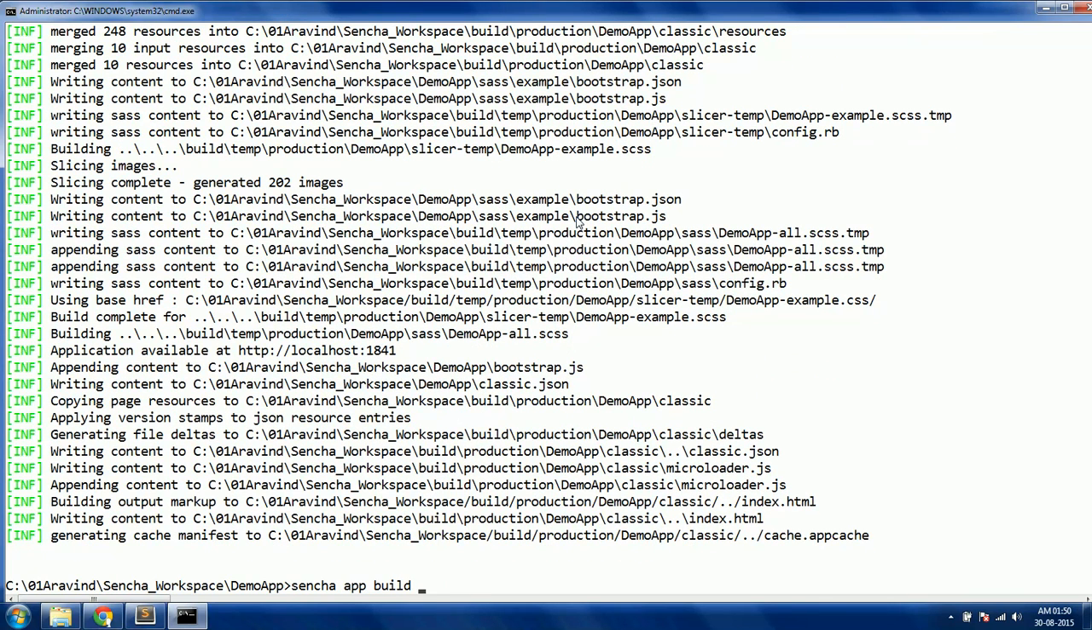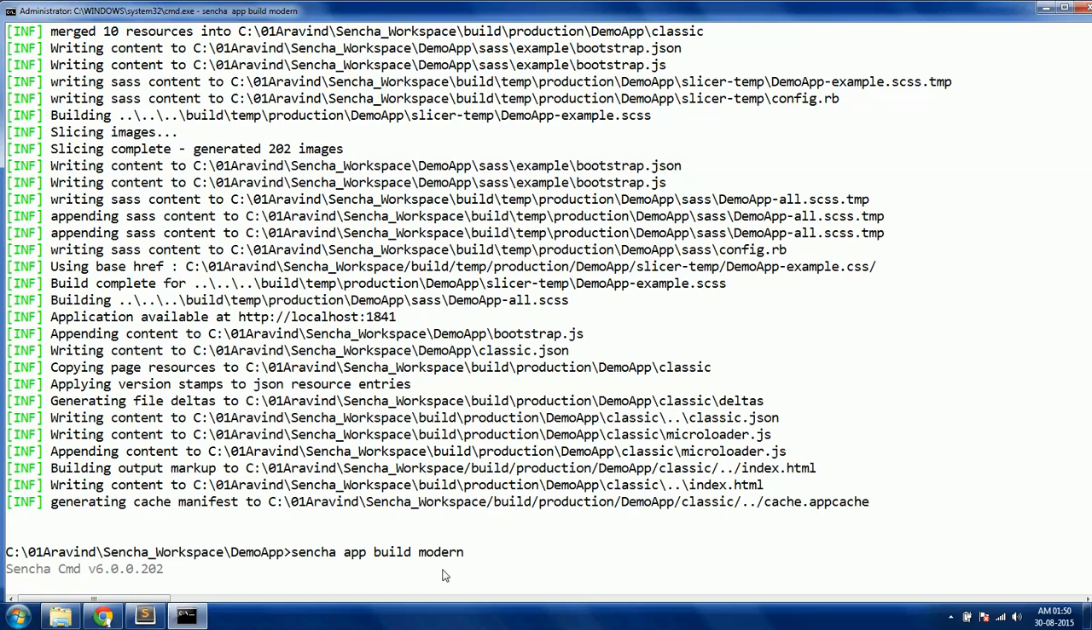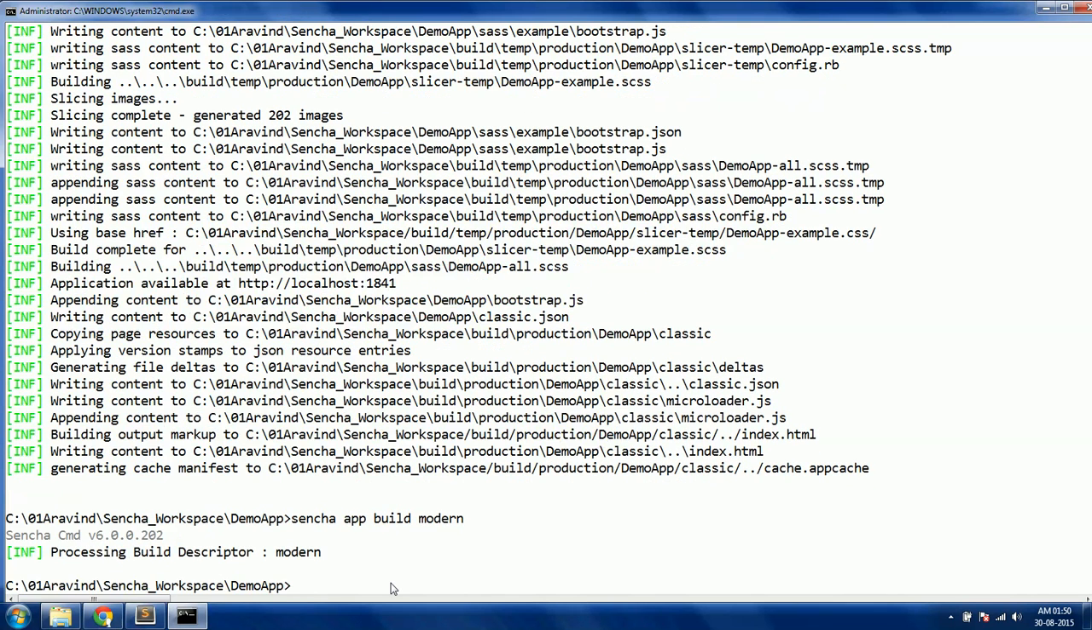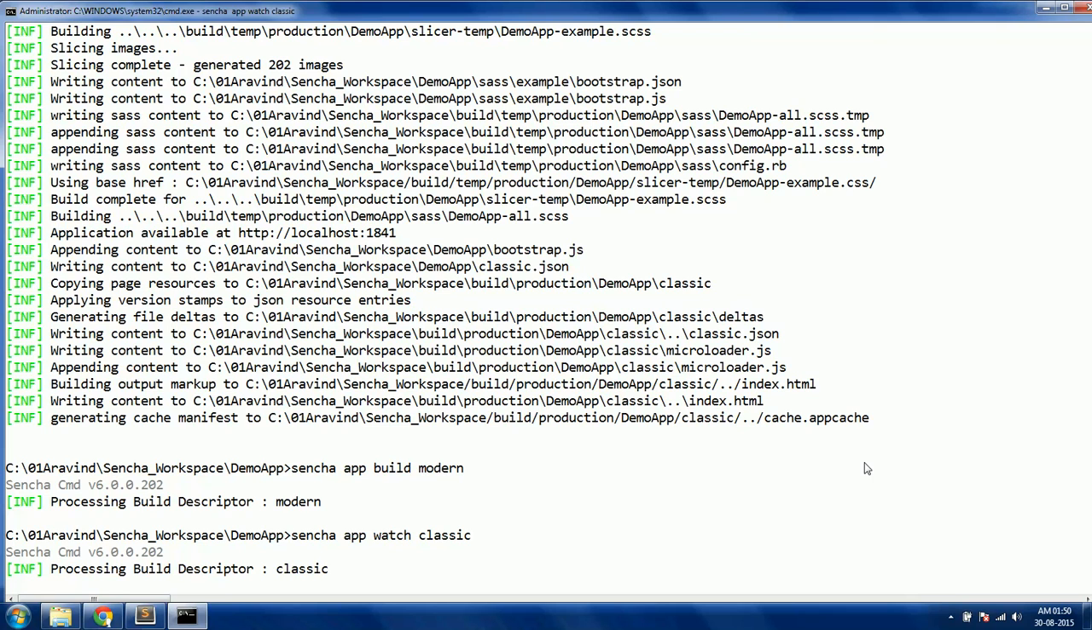Now instead of classic, if you want a modern build, then you can specify it as modern. You can just check in the first step itself what kind of build it is taking. So it's now doing a modern build. Similarly for watch, whichever code base you want to watch, you can specify it here itself, or you can just specify it as simply watch, and you can just specify classic. Okay. So once it is done,